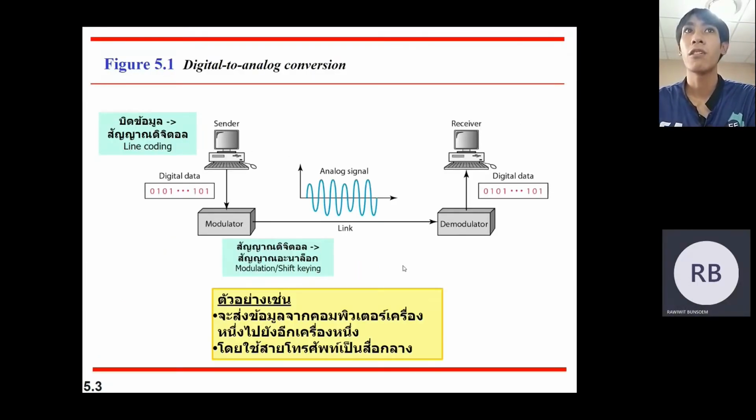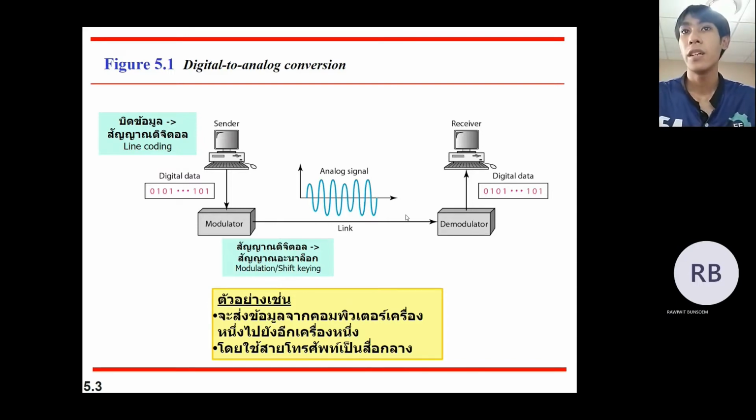Digital to analog conversion. Digital to analog conversion: a modulator changes digital data to analog data and sends it over a link to a demodulator at the receiver. Then the demodulator changes the analog signal to a digital signal and sends it to the receiver. The next,